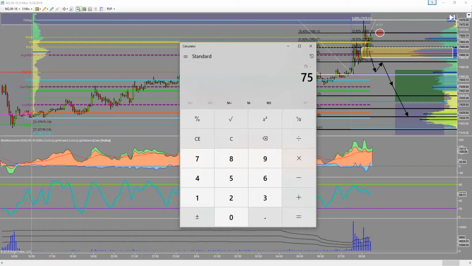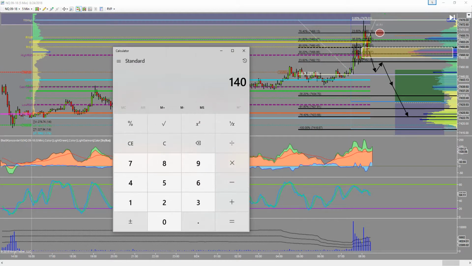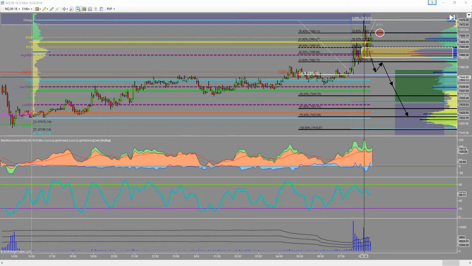So 75 minus 68, there'll be 7 points by 4 ticks a point, that's 28 ticks by $5. That's $140 per contract, and if you're trading 5 contracts as I do, that's going to be $700. You could stop there